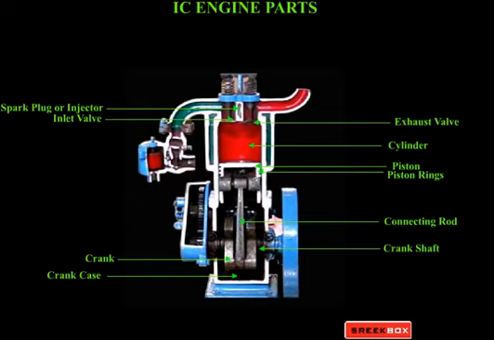Valves. Each cylinder is provided with 2 valves, one for the inlet and the other for outlet. The valve stem moves up and down in the valve guide. The valve seats at the valve port. The valve opens when it rises up the seat and closes when it falls back to its seat.